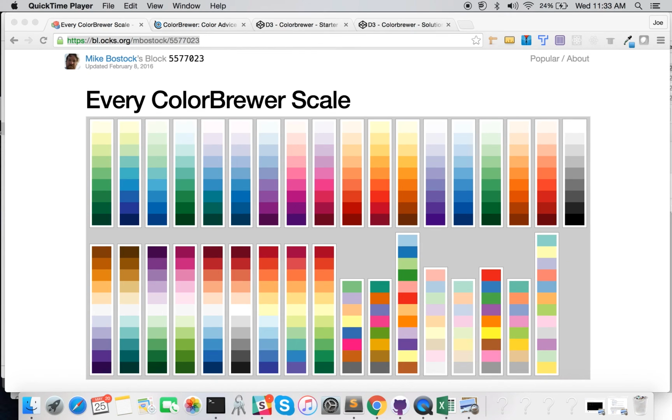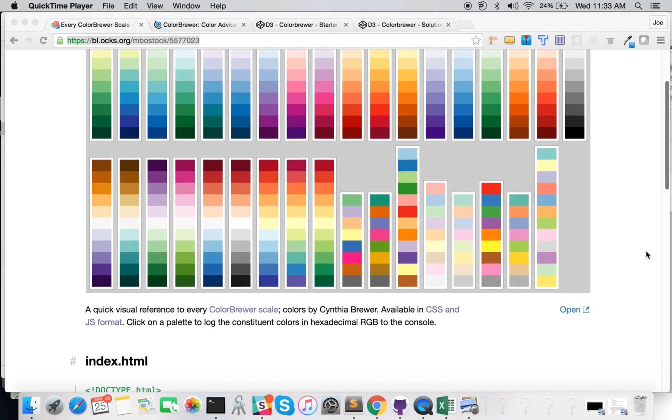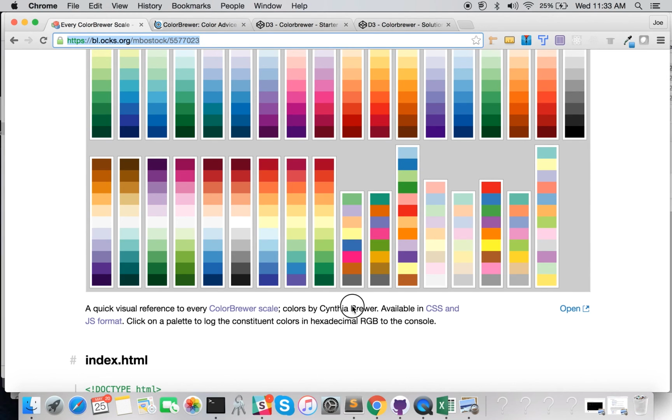Everyone, my name is Joe, and in this video I'm going to walk you through a small demo of a block that Mike Bostock posted earlier this year to provide a quick visual reference to all the color palettes provided by Colorbrewer. Now, Colorbrewer was the brainchild of Cynthia Brewer, right here,